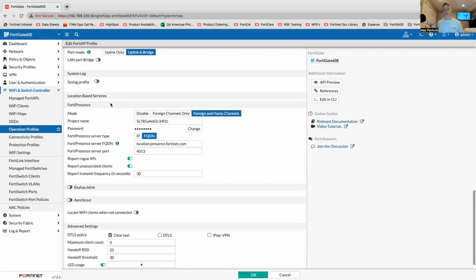FortiPresence, you can have it basically like a VM. You could spin it up as a VM where all the APs would be sending their location data and all that different data to. That also comes in a cloud option as well. So I have FortiPresence Cloud, so all of my APs are sending location analytics up to FortiPresence. A use case for that is in a retail environment, you get a heat map of where people are walking around and lingering in your environment, so you can see where the heavy traffic areas are in your retail store, and you can make decisions where to set up different